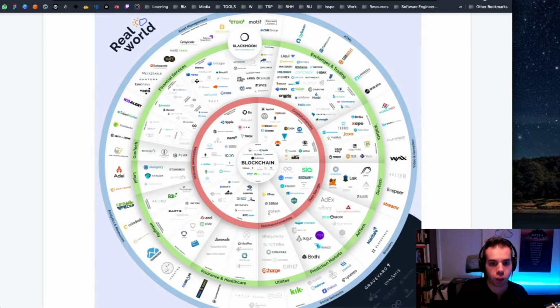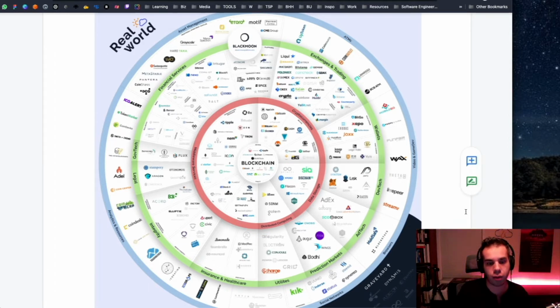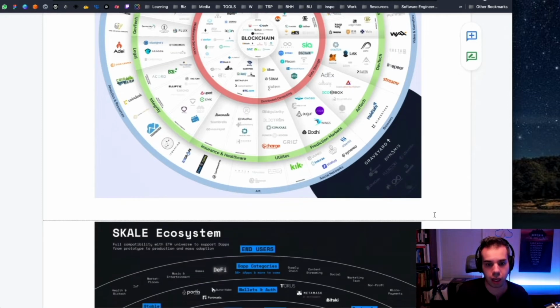There are fully fledged global companies that are built and existing and scaling very rapidly, built on just a few technologies, similar to how you'd build a company on Firebase. There are so many companies built on AWS, Firebase, or Microsoft Azure. There are so many different companies being built on cloud technologies. These are just companies being built on blockchain technologies, in a similar way. So that's really just those two infographics that I wanted to show you.